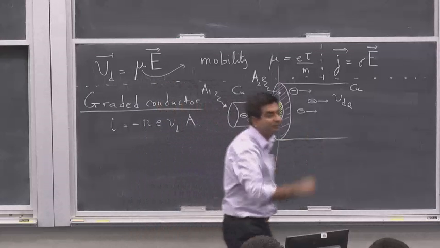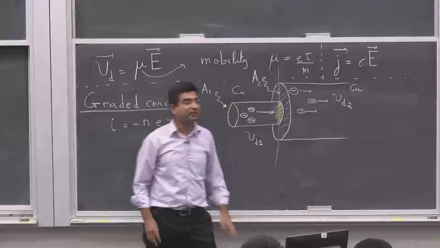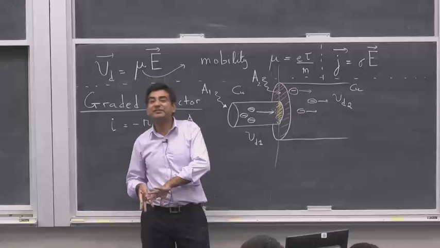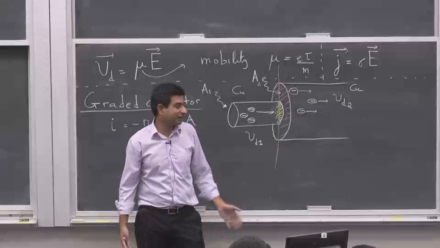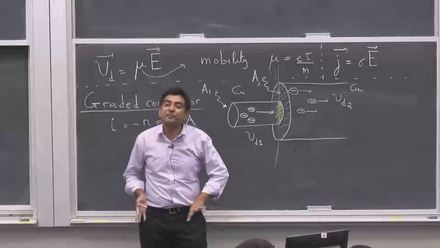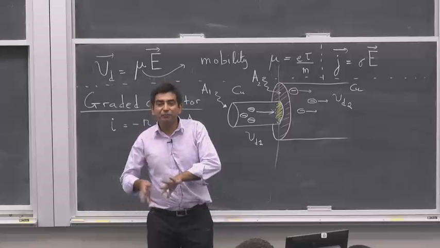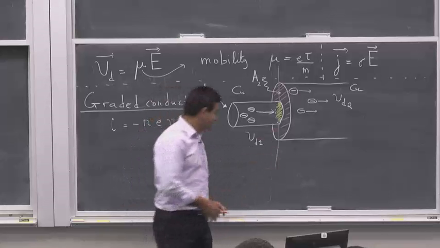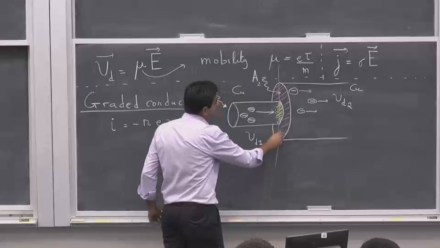Now tell me. Why negative? There are fewer electrons coming in, more electrons going out. So on a net, there are more electrons receding from this interface, moving away from this interface. Which charge will be on this surface? Positive charge, because there's a net deficiency of electrons, a net moving away of electrons per unit time. So this surface picks up a positive charge,